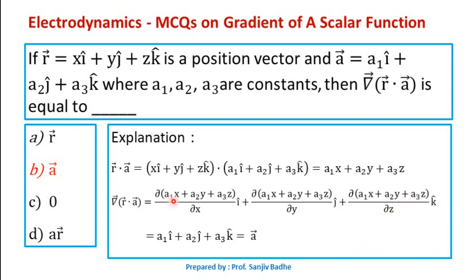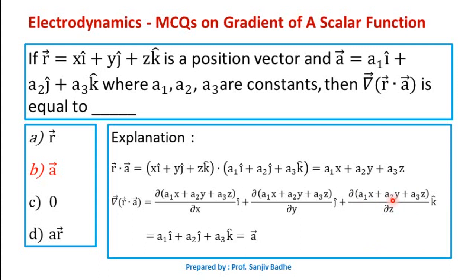So when you differentiate a1x plus a2y plus a3z with respect to x, y and z are treated as constants, and therefore the differentiation will result into a1. When you differentiate a1x plus a2y plus a3z with respect to y, then x and z will be treated as constant, and the differentiation will result in a2. When you differentiate a1x plus a2y plus a3z with respect to z,